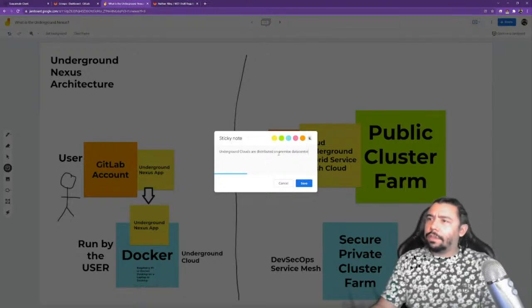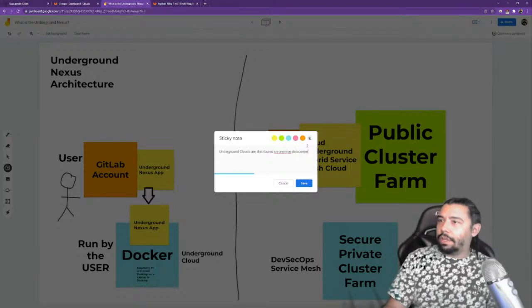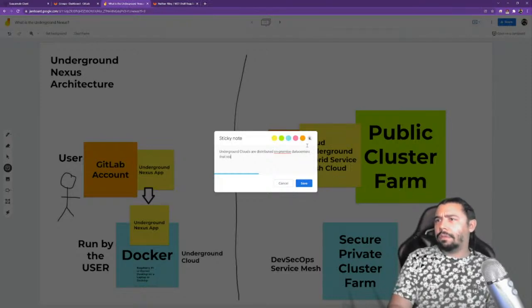Underground clouds are distributed on-premise data centers.